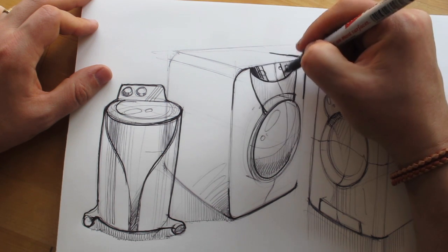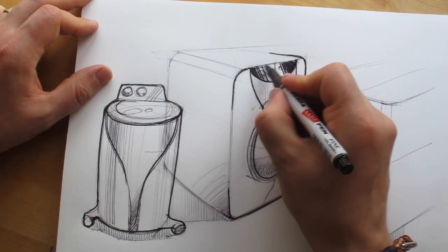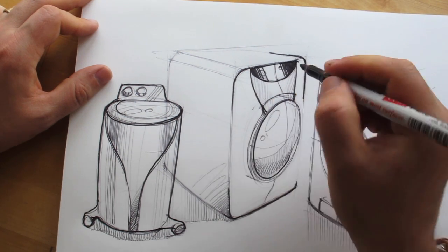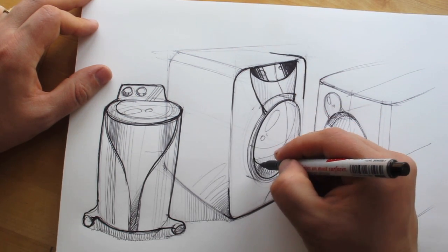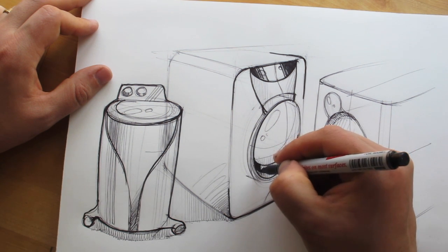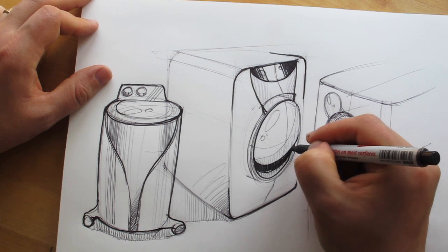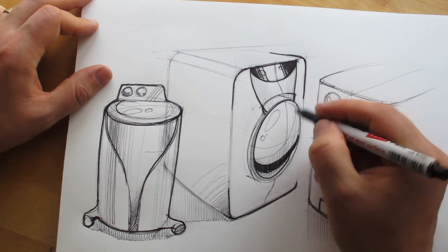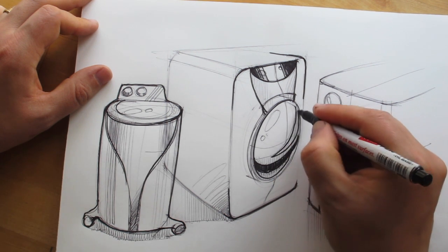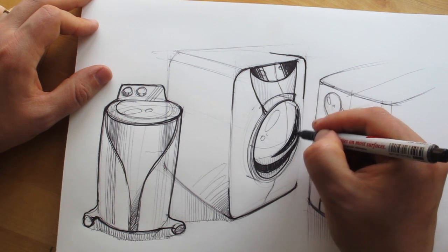More contrast. You can understand this part much more. Reflection. And the shadow on the front. Let's start to understand it. Maybe it's thick glass or